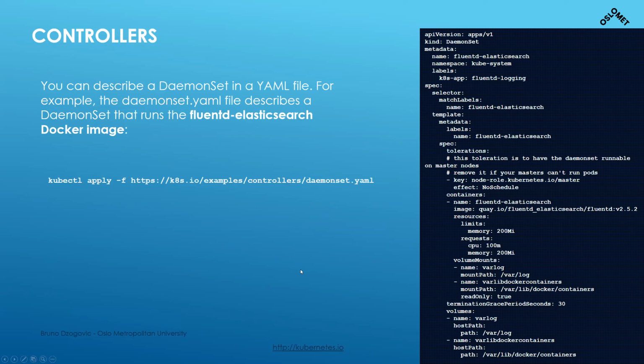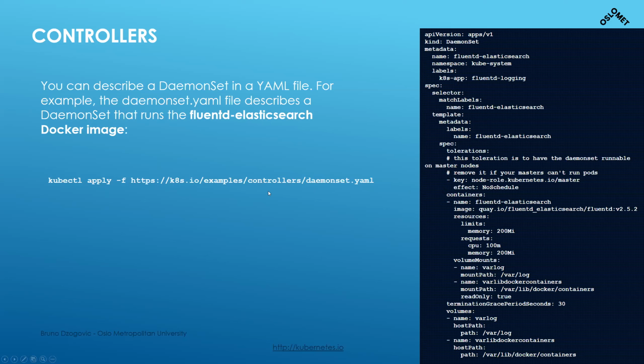If you want to run a daemon set, you can just run it in a file, or this file is taken as an example from the Google repository. For the record, Kubernetes was invented by people from Google, so now and then it's open sourced, and the thing is that they don't own it anymore, so it's an open source community. It's a huge community.